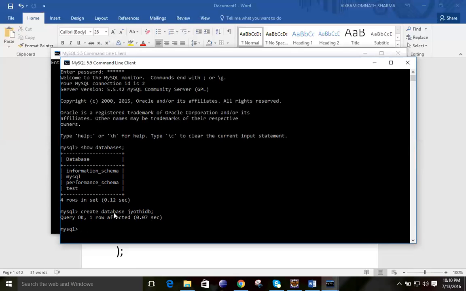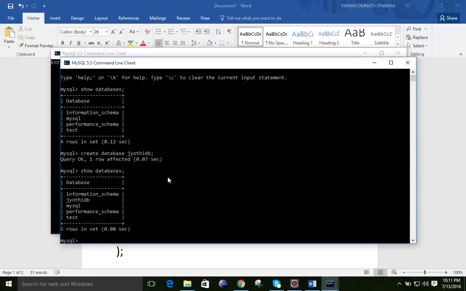Now again we will see whether this database is created or not. If it is created, it should be listed in these fields. So again we execute the command show databases. Now you can see whatever database you have created is appearing over here, right?